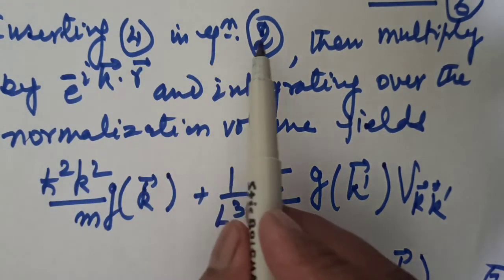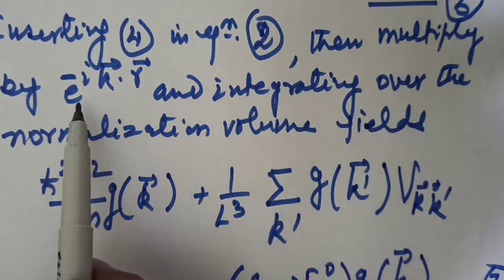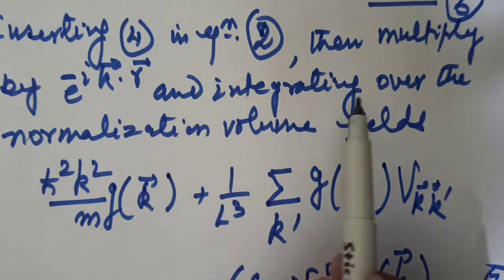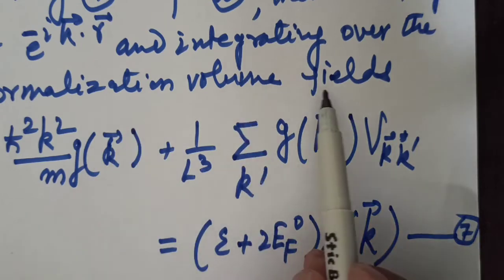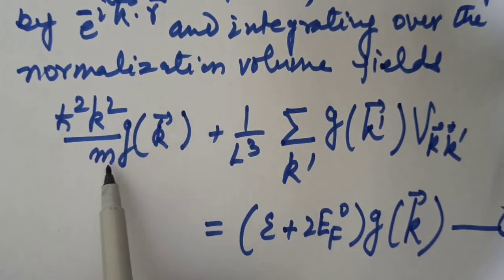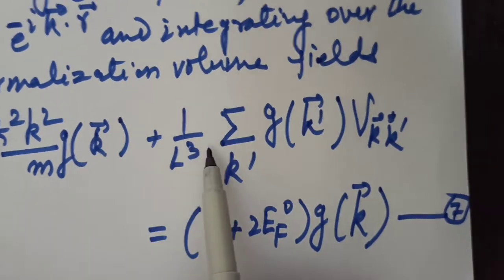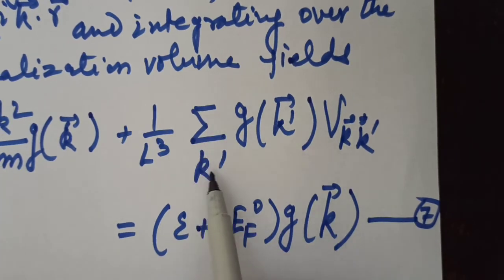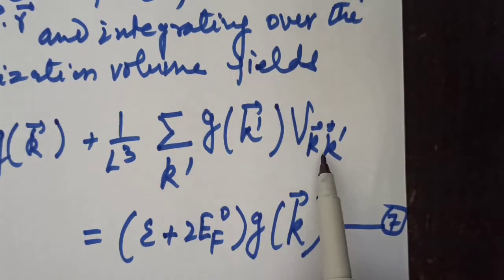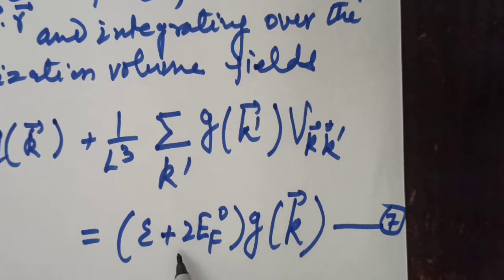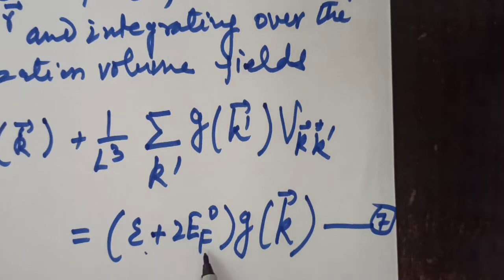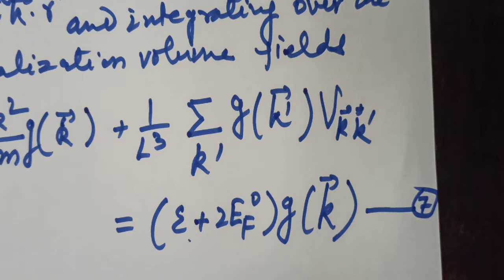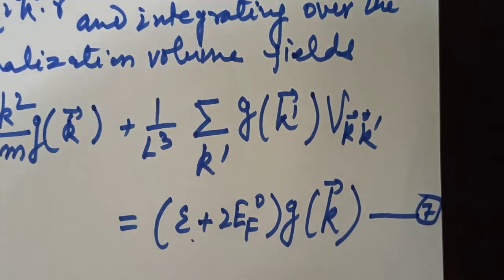By inserting equation 4 into equation 2 and then multiplying by e raised to the power minus ikr and then finally integrating over the normalization volume, we get h cross square k square divided by m into gk plus 1 by L square, summation going over k prime values, gk prime v kk prime is equal to small e plus 2 ef naught gk, where the interaction matrix element